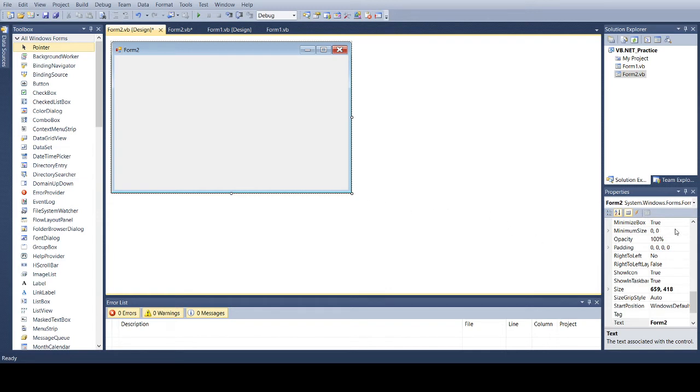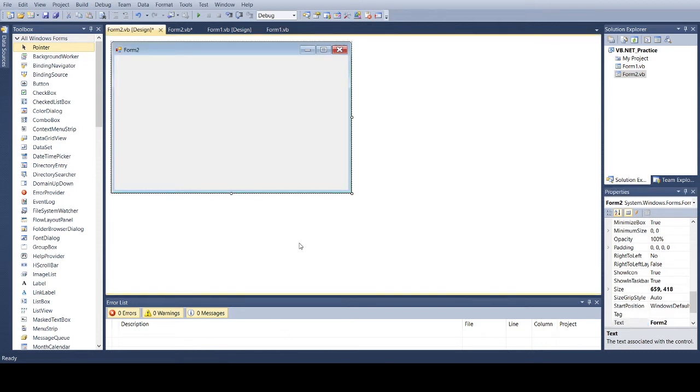These properties are displayed for the form. As you can see, we have not taken a single tool from the toolbox, so by default the form is selected and all these properties are of the form. The form is named Form2, so the text property of this form is Form2. In the lower part of the middle screen, you will see the list of errors, if any occurred while running the project.